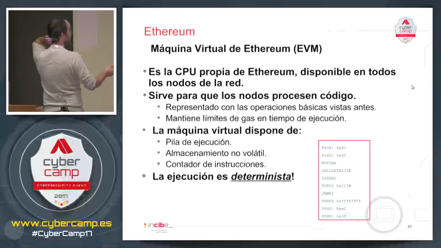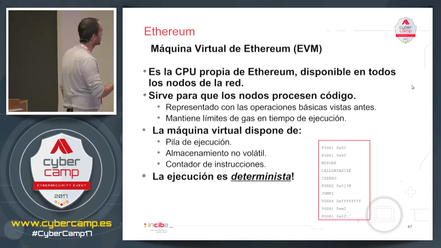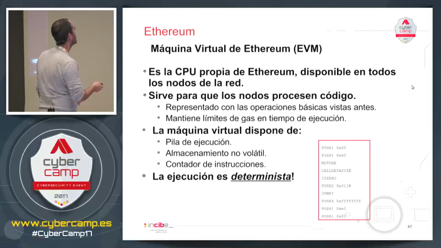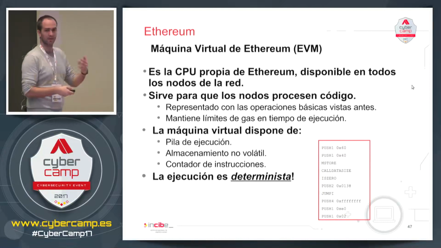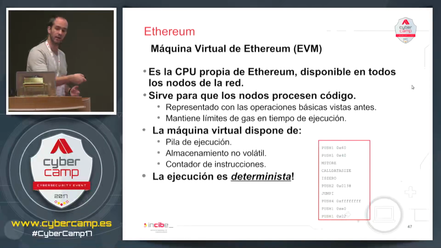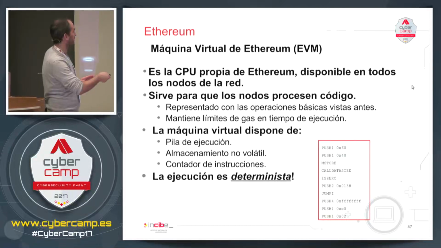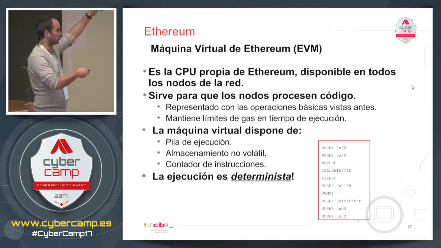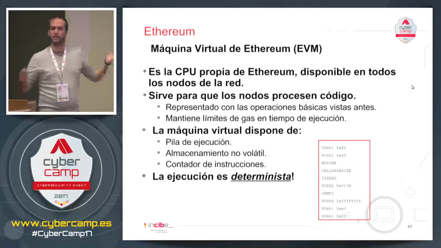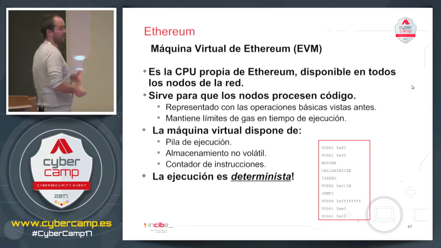That's all. Each of the transactions that are executed in a smart contract, here we have the push operation, which is storing in the execution stack, sorry. MSTORE, which is storing in the memory. All these operations will have a cost in gas units. So this costs 1, this 2, and this small program in gas units will have a price, the sum of all the individual operations, which is 30. So this program will cost 30 gas units.